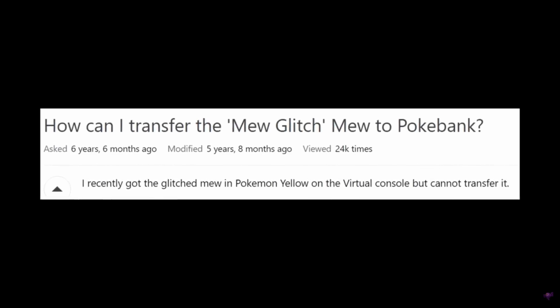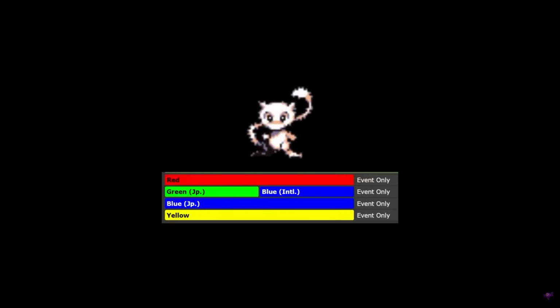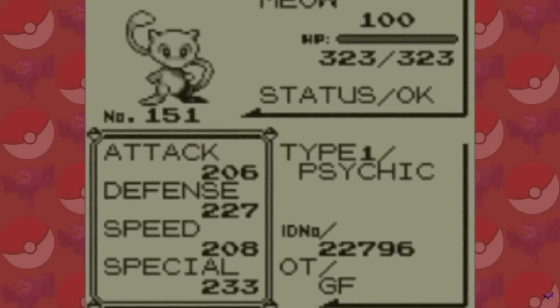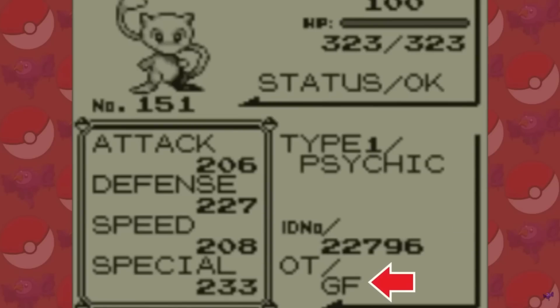But this Mew has a fundamental problem. It's not legit enough. It'll be considered a cheated Pokemon in hack checks, because by normal game standards, Mew should be an unobtainable Pokemon. But there is a particular Generation 1 Mew that will be able to bypass these hack checks. Its OT has to be GF with the ID number